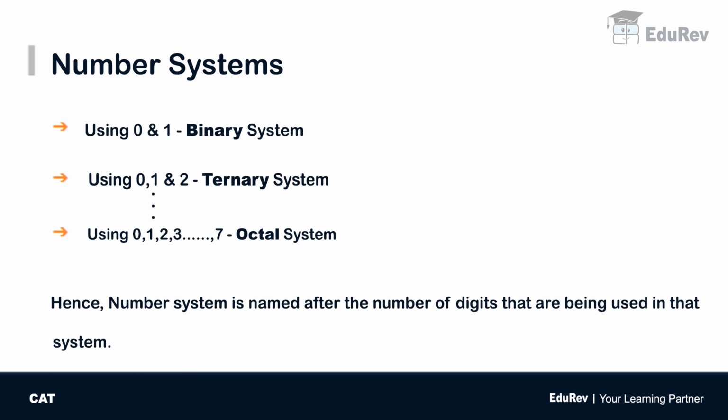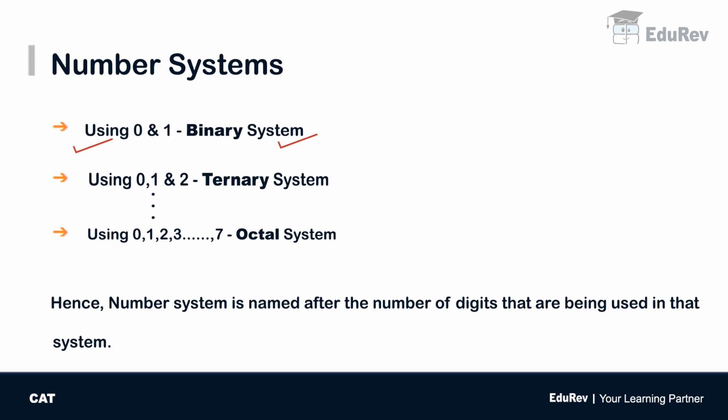Now, what do you mean by number system? See, understand, suppose if I tell you I want to create a system wherein I use only 2 digits, zeros and ones. I have to use only 2 symbols or digits, zeros and ones, and I have to create an entire system. So this system is an example of a number system. So this is actually called a binary system.